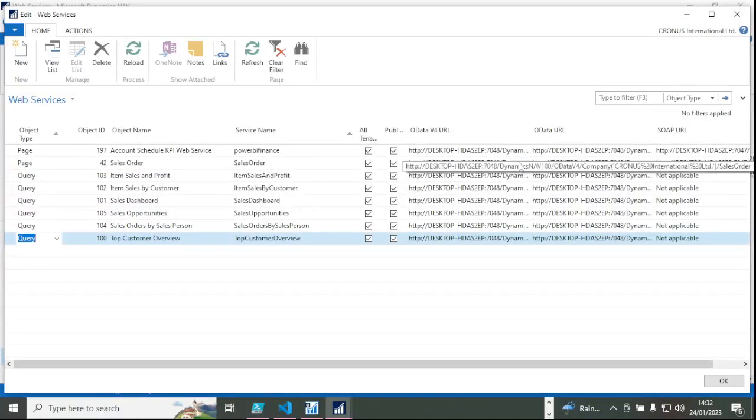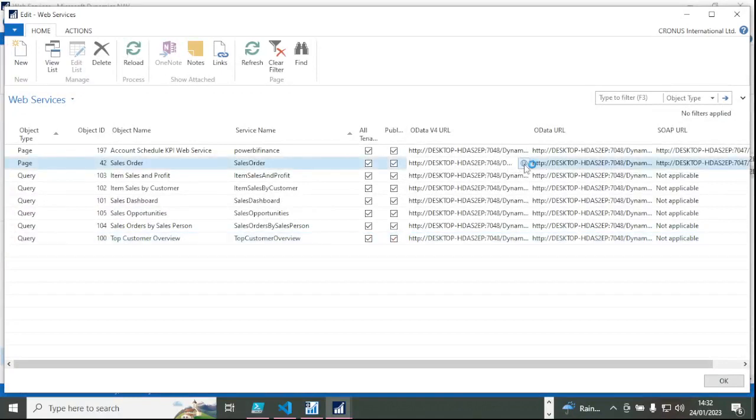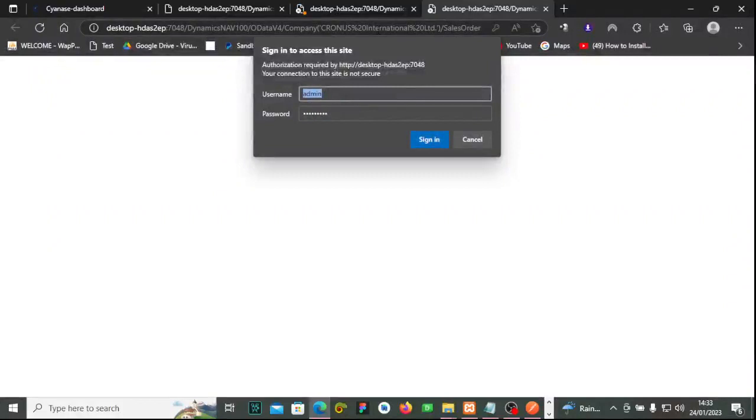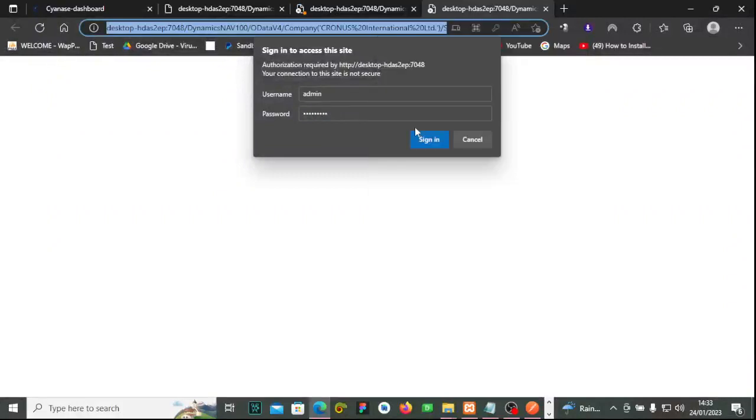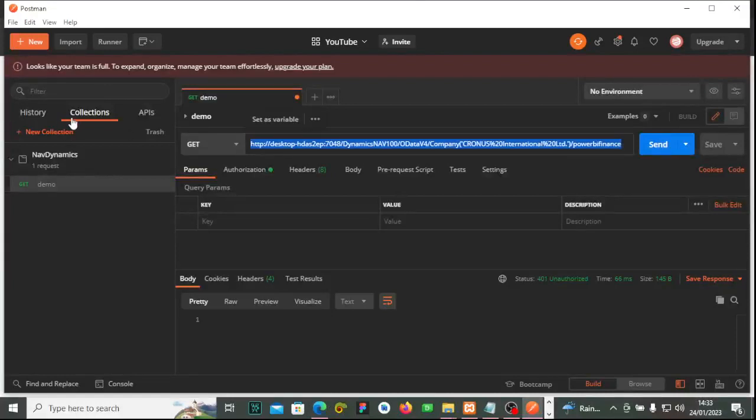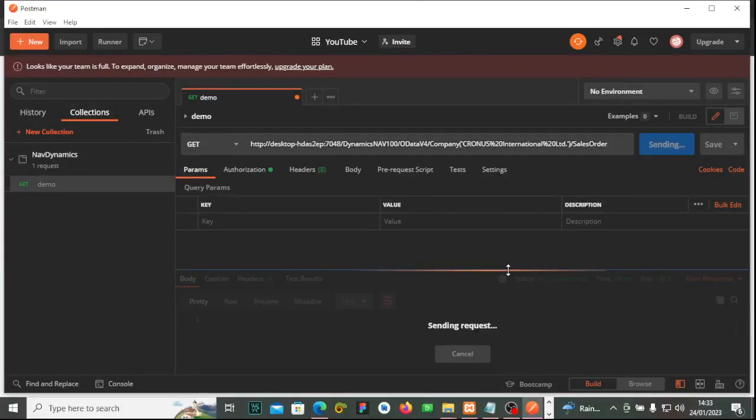We go to the source orders, I click this, so it prompts us the login, but let's take this link to Postman. So if you run here,